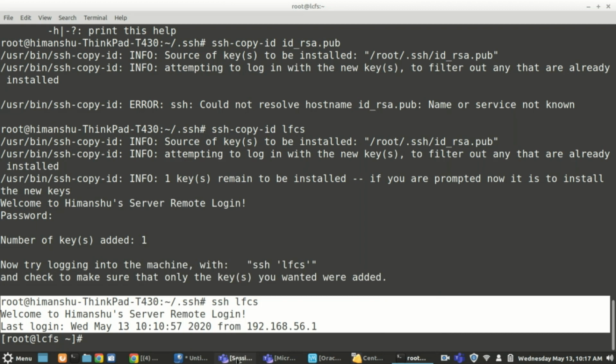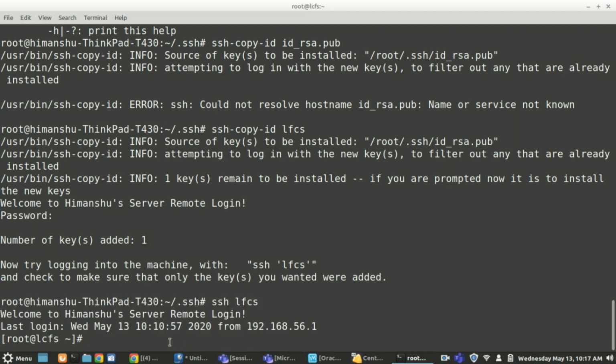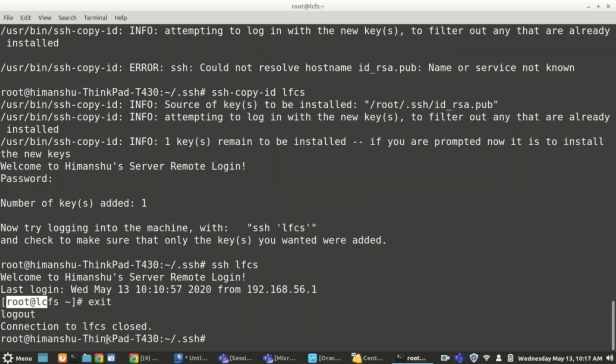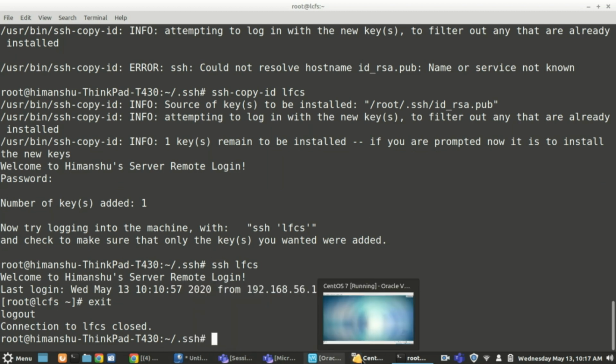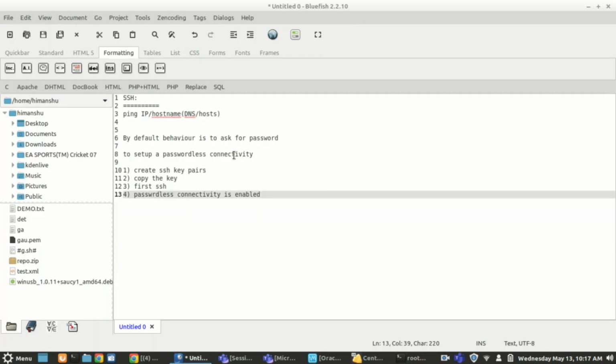No, Himanshu. Okay. So this way you can do the SSH connectivity from a source to target. If you want to do vice versa, you have to go on your target system, then generate keys, copy that, do the same process, and then from there also you can do a passwordless SSH connectivity to this system. So that is the SSH part, how we do the SSH connectivity. I hope that was clear.